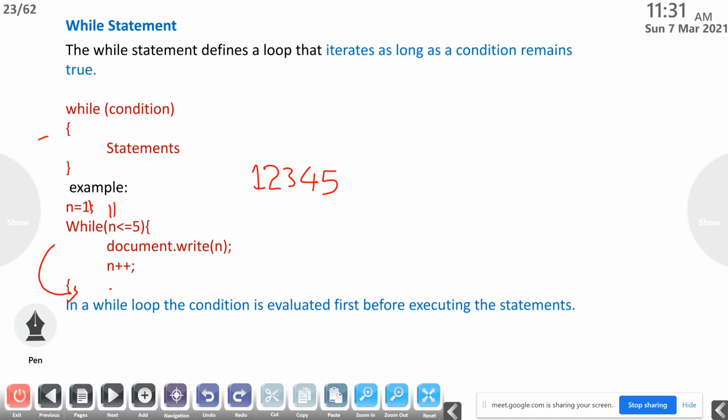So the condition is checked in the beginning and it is false. It will move outside the while looping statement, so nothing will print. So in the while looping statement, the condition is evaluated first before executing the statement.